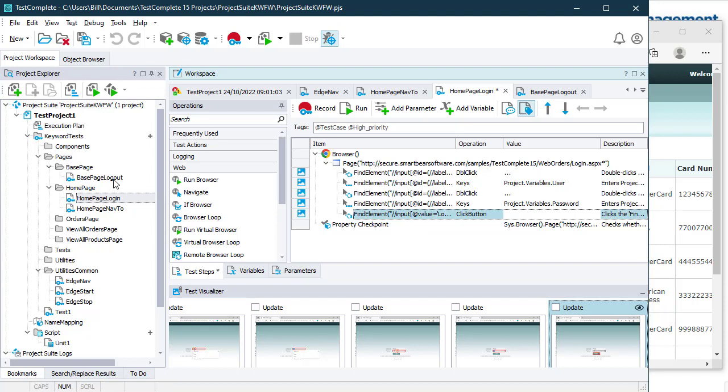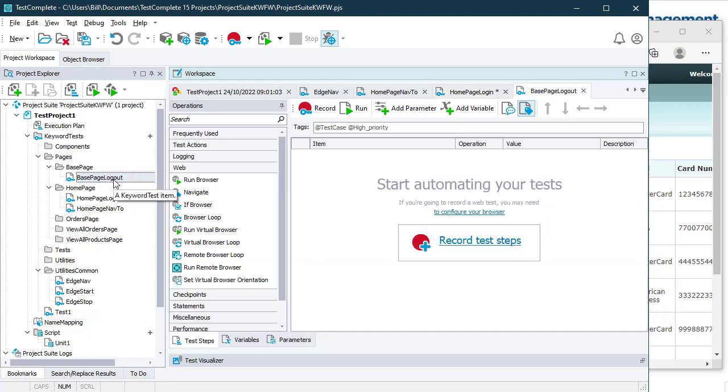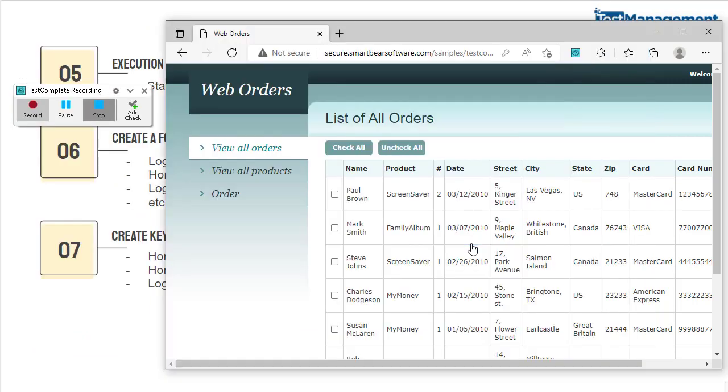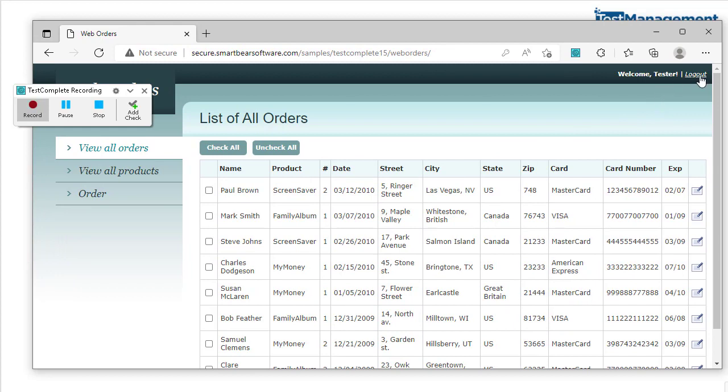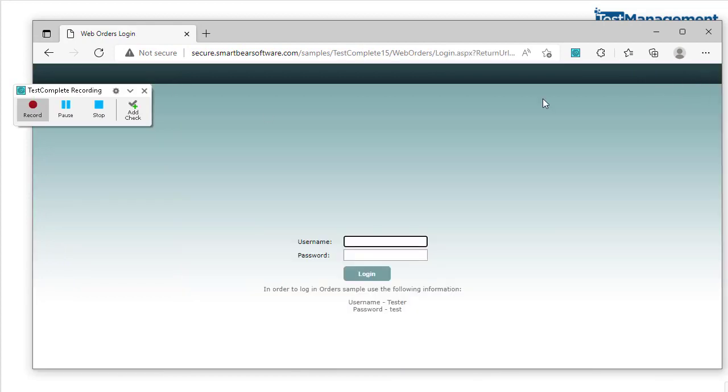The only thing we have to do now is create the log out. And again, if we go to the base page log out, we'll do record test script. And on the web orders page, if that was expanded across the whole desktop, we'll see the log out. So all we want to do is record the log out action and then add a checkpoint to make sure